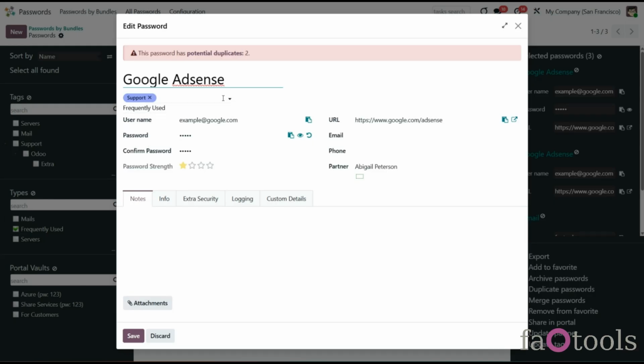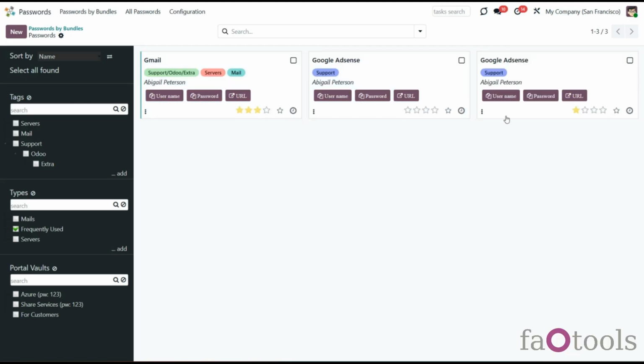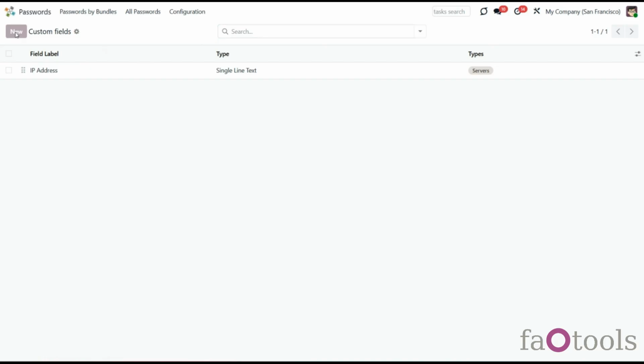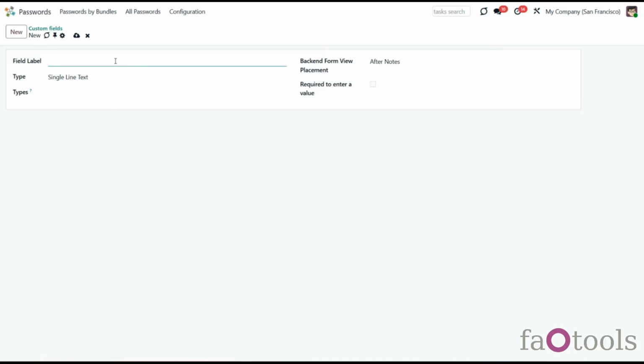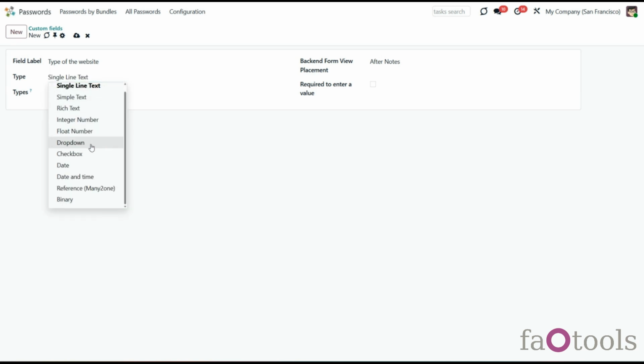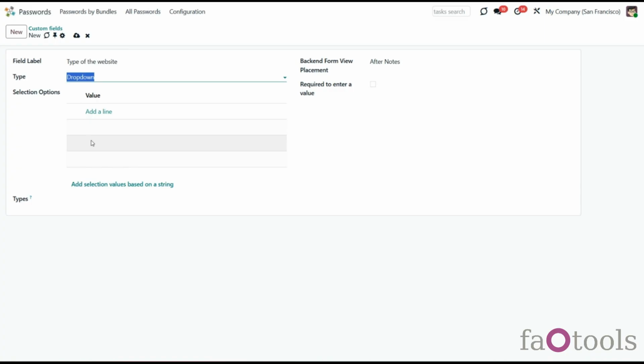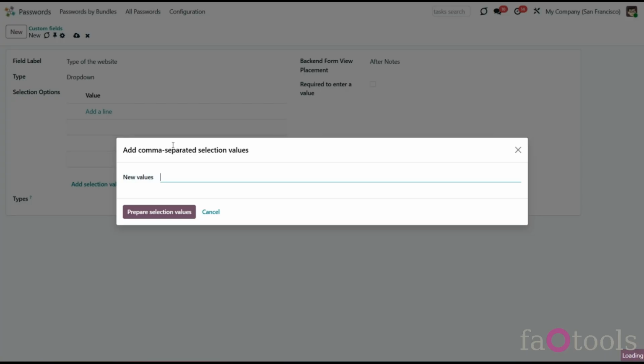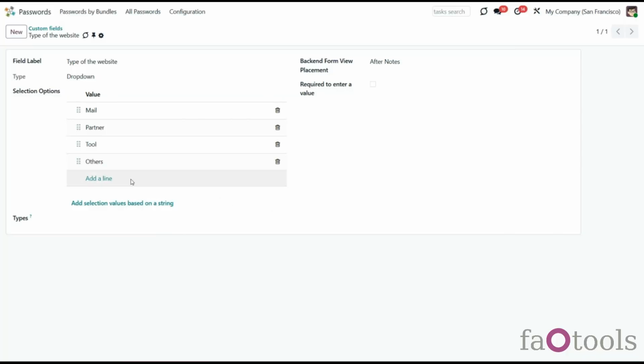To add a new field to the passwords form, go to Configuration, Custom Password Fields, click New, write the field label, and choose the field's information type. For example, let's create a custom field of the drop-down type. Click on the button Add Selection Values based on a string to add all options divided by a comma. Choose the password type,